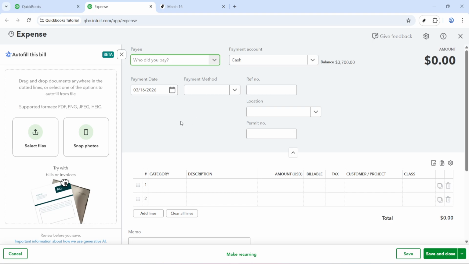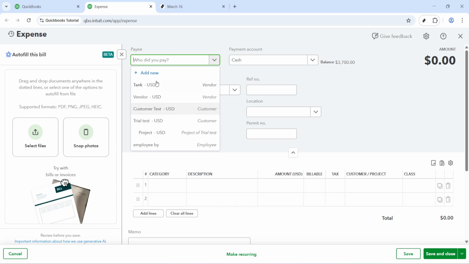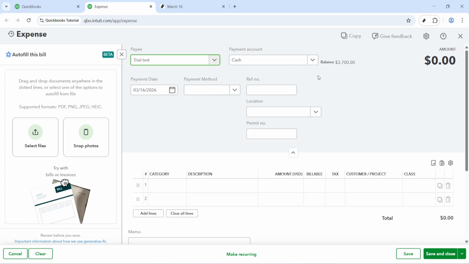Before attaching anything, fill out the expense fields carefully so the transaction is accurate. Select the payee, such as a vendor or employee. Choose the payment account, like checking or a credit card, to reflect where the money came from. Set the payment date and payment method. In the category details, assign the correct expense account, add a clear description, and enter the amount, quantity, and any